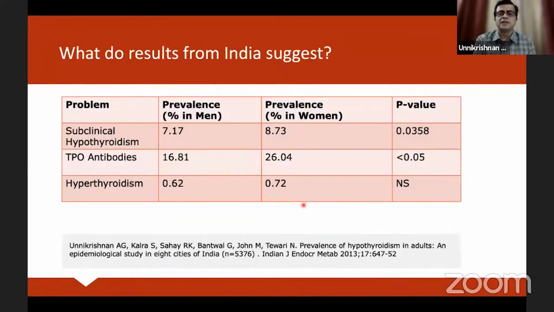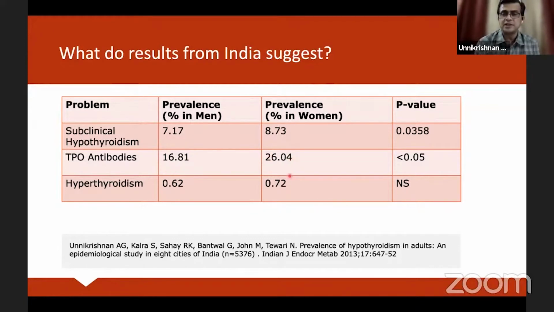What do the data from India suggest? So this is the paper I published in 2013, which was a study of 5,376 people from 8 cities in India, where we looked at the prevalence of subclinical hypothyroidism, hyperthyroidism, and anti-TPO antibodies. We found that subclinical hypothyroidism was commoner in women. Of course, the p-value was significant, but I want to bring to your attention the anti-TPO antibodies. The prevalence was about